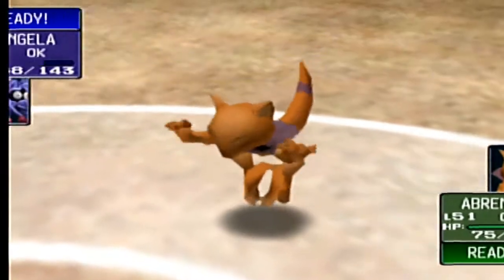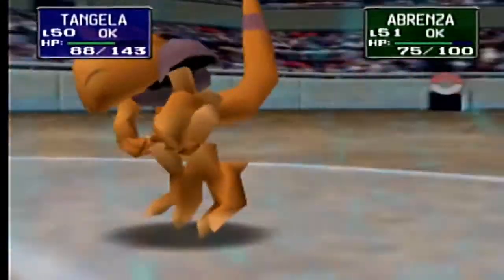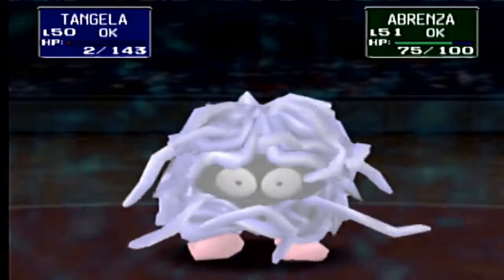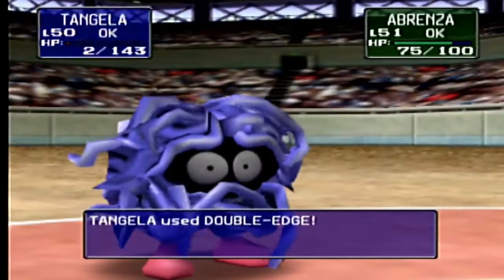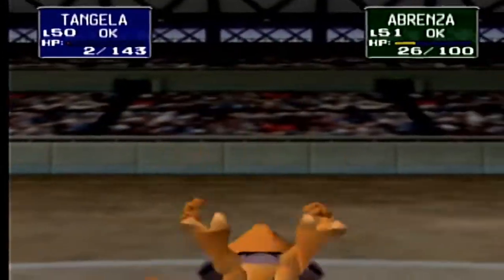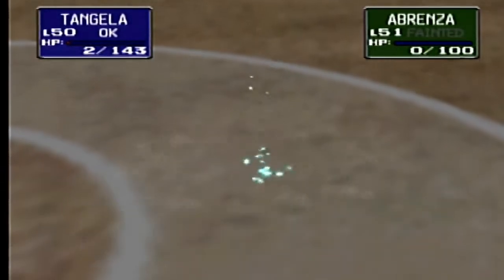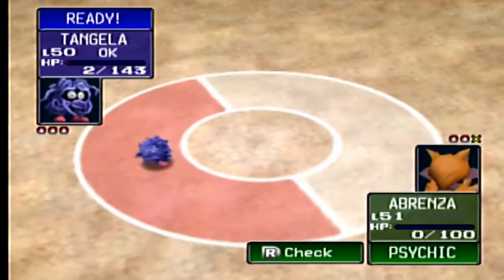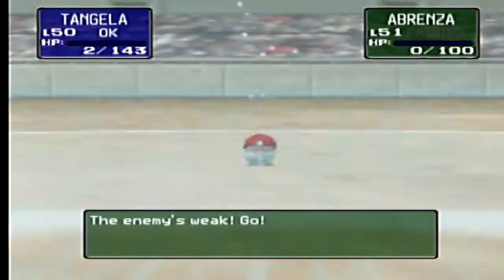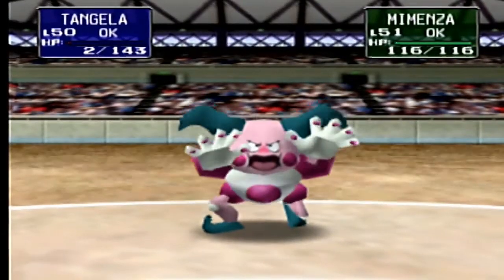Okay, Double-Edge again. Yeah, it's gone for Psychic, which has the special drop. If this knocks me out, I'm going to be a little bit annoyed. Ooh! Oh no! Am I going to knock myself out? No, I'm not. Whew. Okay, got away with that one. Although if that special drop hadn't happened, then... Oh, that was interesting. That was a good start. Right. Well, that's the Abra gone, so that's good. No! Oh, you...